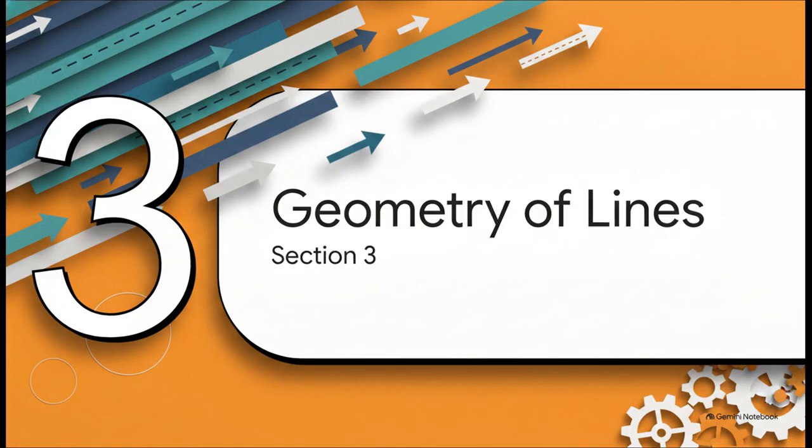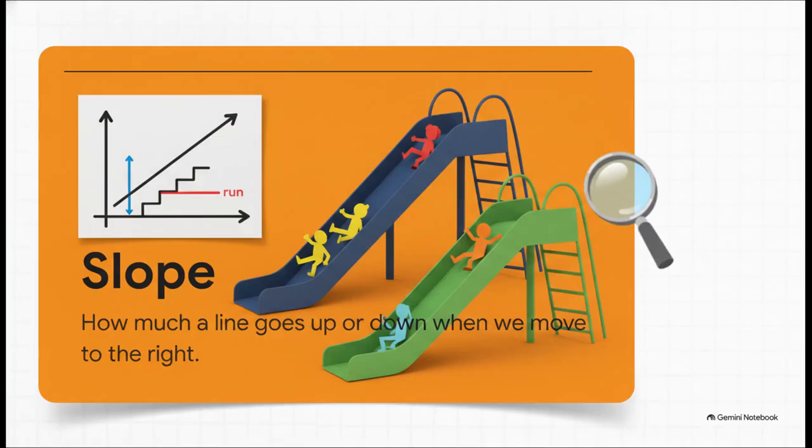Moving on to Section 3, the geometry of lines. Let's shift away from fixed distances for a moment and focus on movement and direction. The absolute most important concept here is slope. Think of a playground slide. In math, slope simply measures exactly how much a line goes upwards or downwards for every step we take to